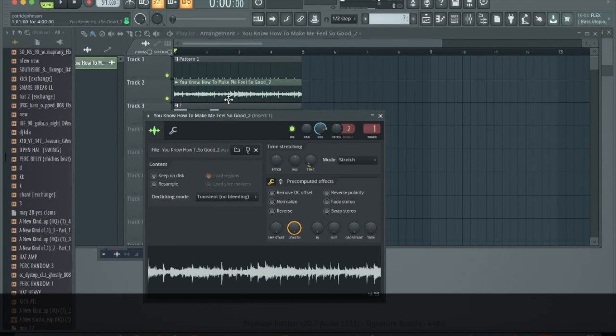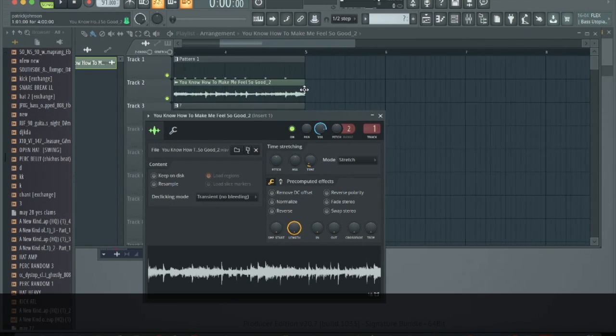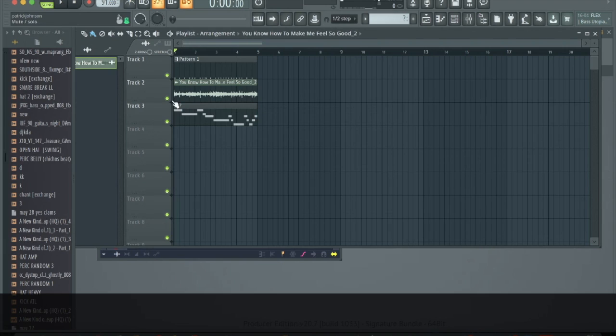This is what it sounds like in key. This is what it sounds like not in key. Not a big difference there, right? Because you saw me change it and it was like a sliver. If you're really manipulating a sample, you're going to want to take advantage of that in different ways. But from there on, it's up to you. If you want to add bass, if you want to do this, if you want to do that, that's all up to you. But just for the sake of the video,